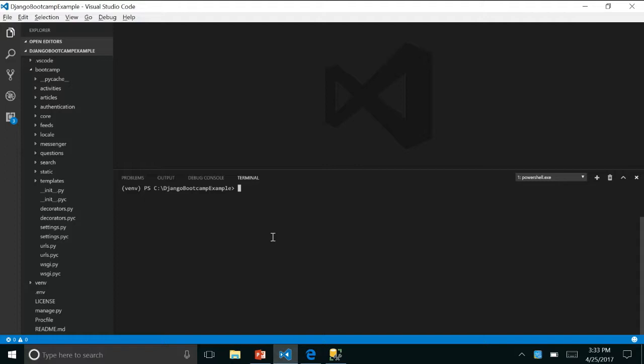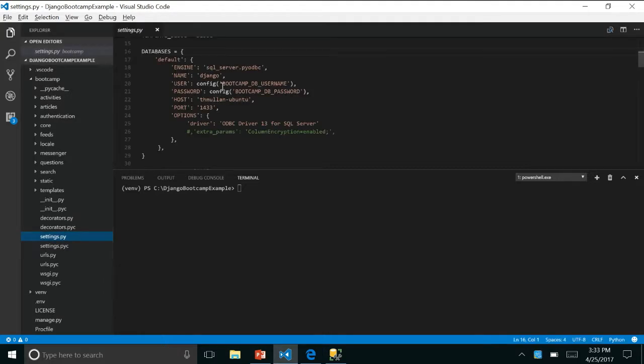Here I've downloaded a popular open source Django project called Boot Camp. It's basically an open source enterprise social network application, written in Python, and it uses the Django web app framework. It's a framework that I personally really like, which is why I chose it. If we jump over into settings, you'll see my database connection string, where I'm using the ODBC driver with PyODBC. And if we take a look at the host, I'm connecting to a SQL Server that happens to be running